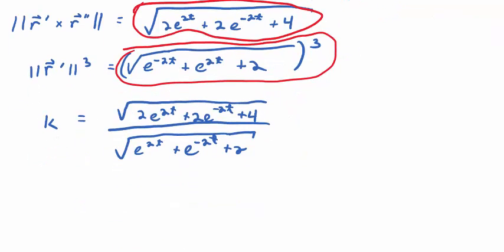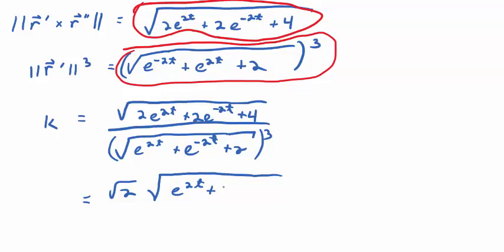Okay. So I'm thinking I could factor out a 2 underneath the radical, which means I can pull out a square root of 2. Oh, sorry, and this guy is cubed. Okay. So I can pull out a square root of 2, and what's left then underneath the radical on top is e to the 2t plus just 1, e to the negative 2t plus 2. It's looking familiar. And then on the bottom,